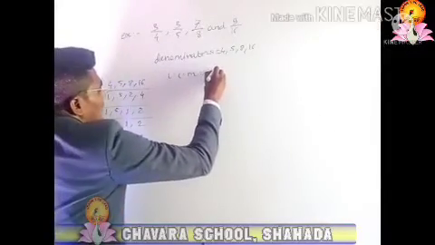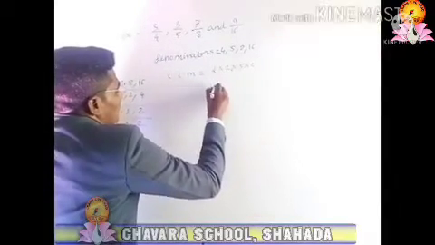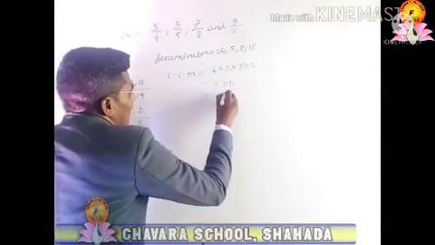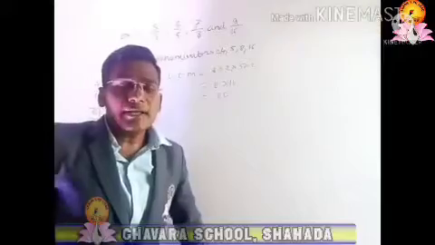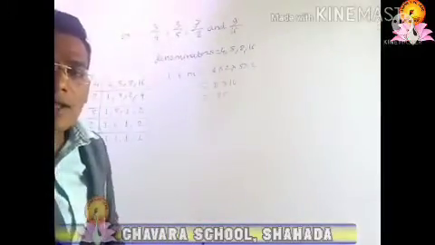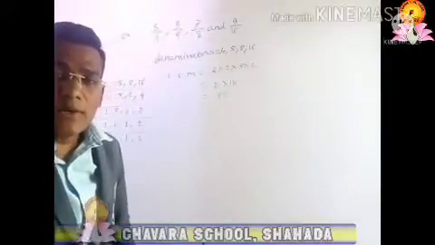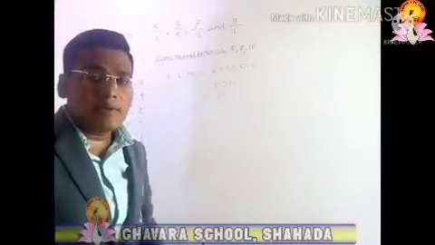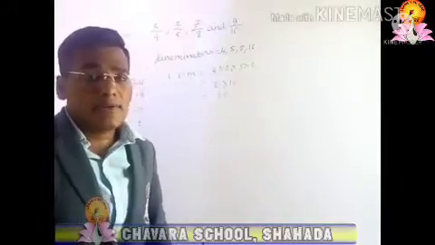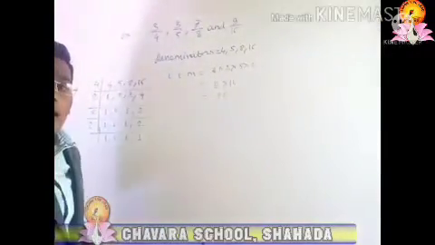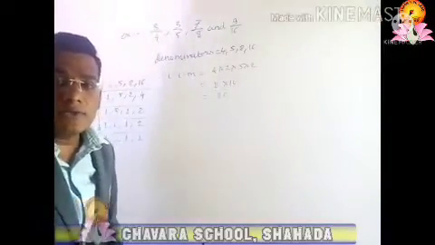It is nothing but the multiplication of 4 into 2 into 5 into 2. So it is equal to 4 twos are 8 into 10, and the LCM we got is equal to 80. Now as we got the LCM, the second step is what? We have to convert all the denominators to the LCM, that is equal to 80. It means we have to convert the denominator into 80 by multiplying with a suitable number to the denominators of the given fractions. And whichever number we multiply to the denominator, that same number we have to multiply to the numerator.